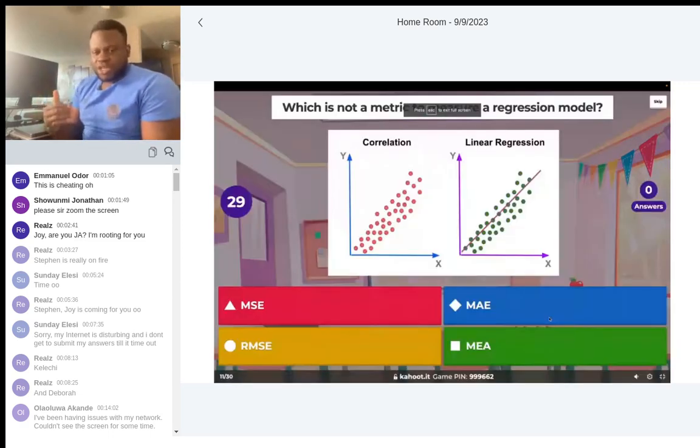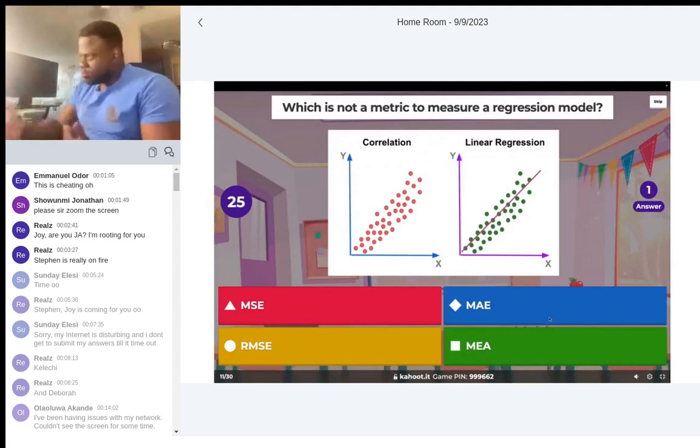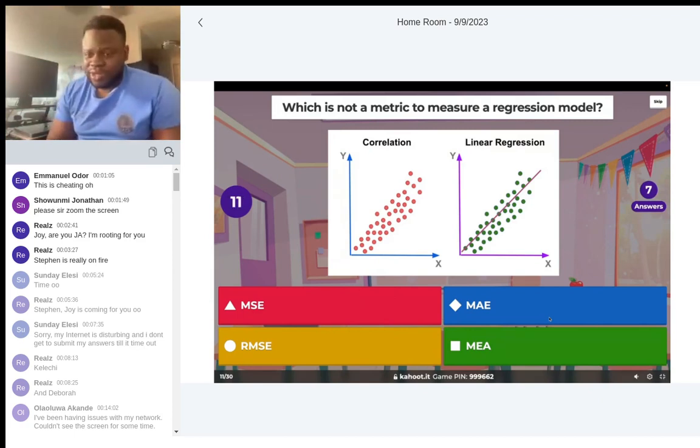What is not a metric for measuring a regression model? What is not a metric? Stephen is on fire. Which is not a metric for measuring a regression model? And I know some of you already in data science, this is going to be a breeze for you.